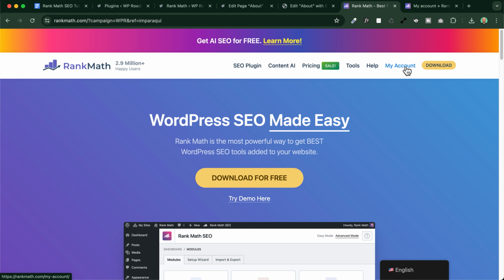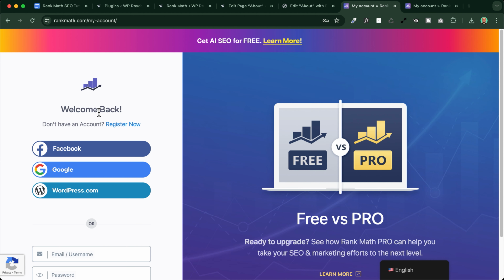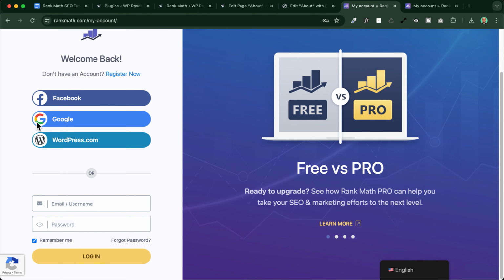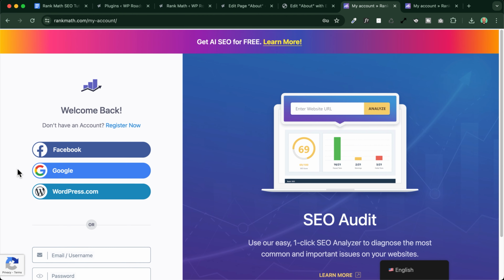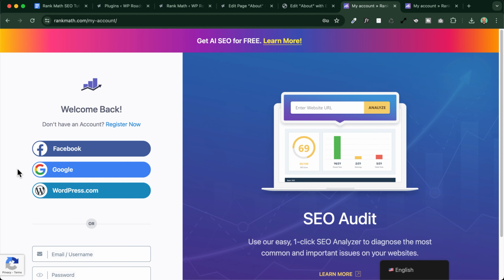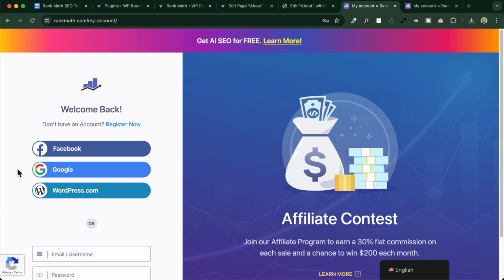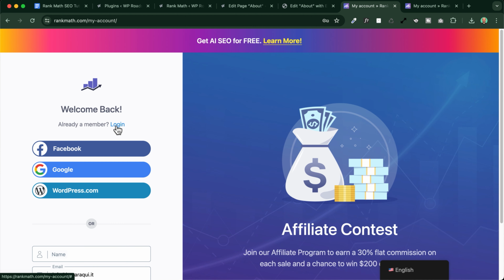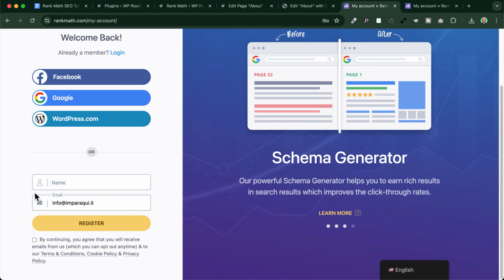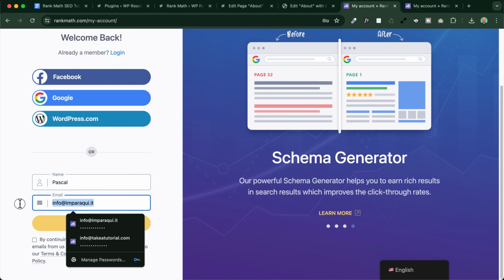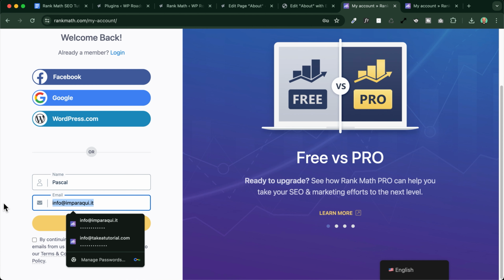So into the My Account tab you see here, you can click on Register Now right here. If you already have an account, you just need to log in here to be sure that later on you will be connected with the right account on your website. So let's click on Register Now. And here I will create my account. My name is Pascal, voila. And here my email will be this one,